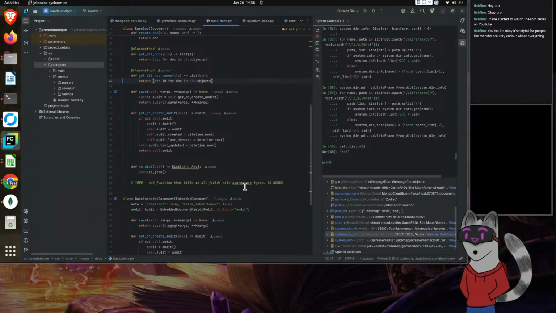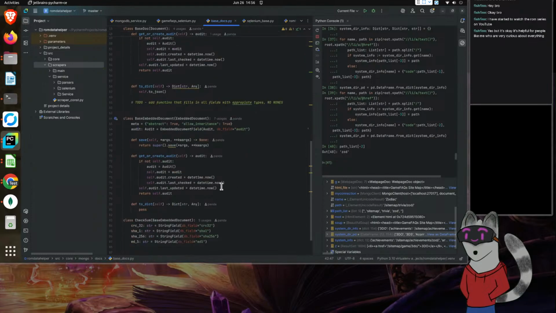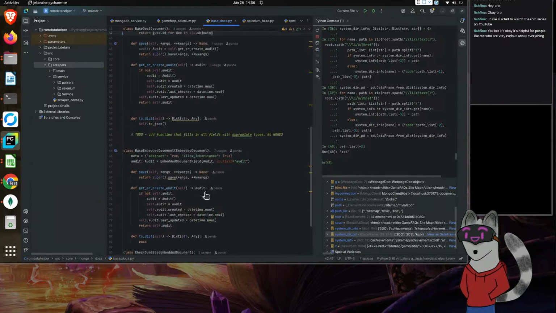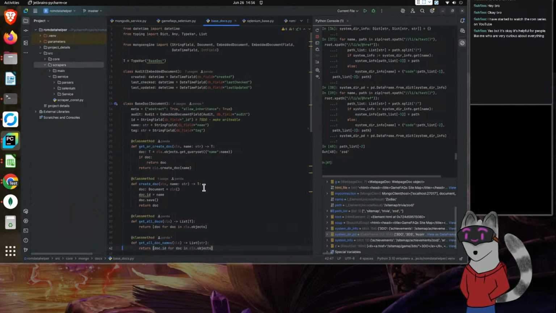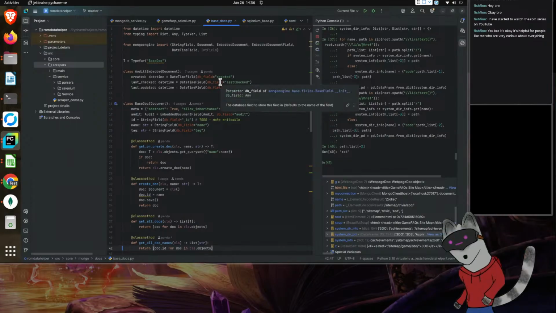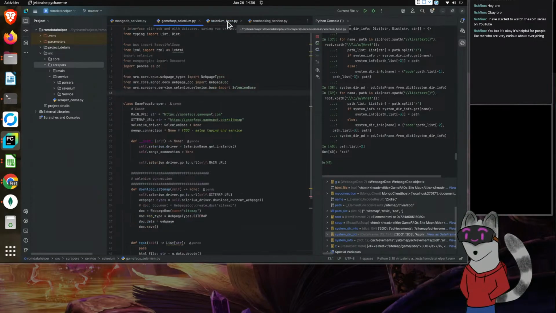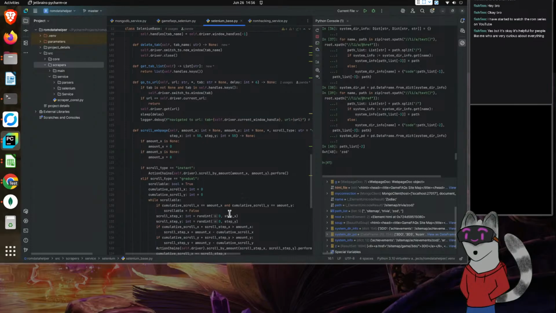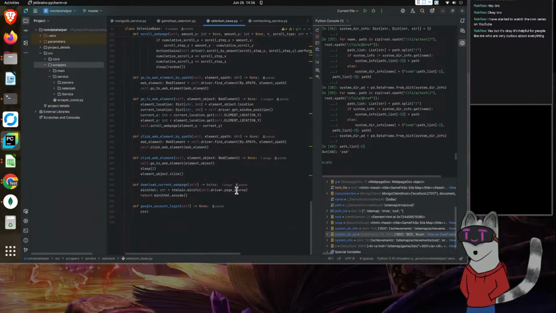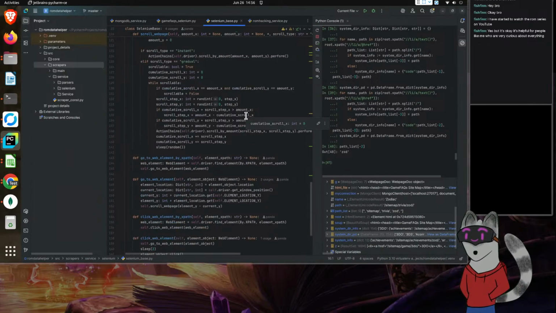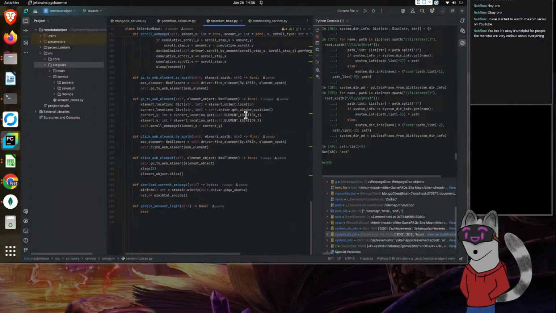Add function that fills in all fields. Oh yeah, we'll have to do that at some point. I think that might actually be everything. All right, so that means base docs is good. Selenium base should be good as well.